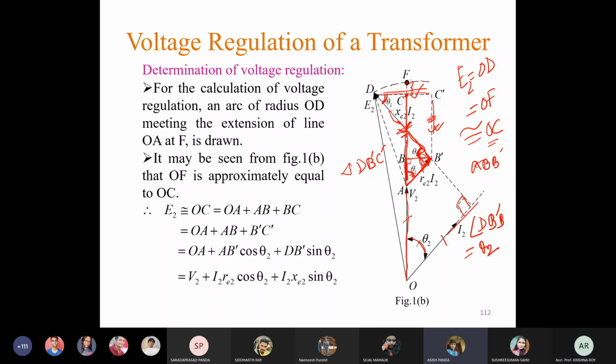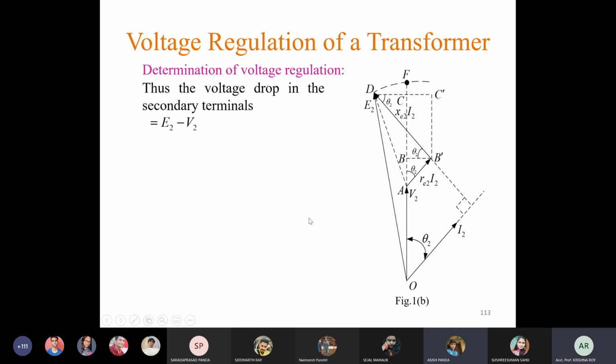Okay. So now we have E2 is equal to V2 plus I2 RE2 cos theta 2 plus I2 XE2 sin theta 2. Now recall the expression of voltage regulation. It was E2 minus V2 by E2. So first of all, from this we can calculate E2 minus V2. So therefore the secondary voltage drop E2 minus V2 is equal to I2 RE2 cos theta 2 plus I2